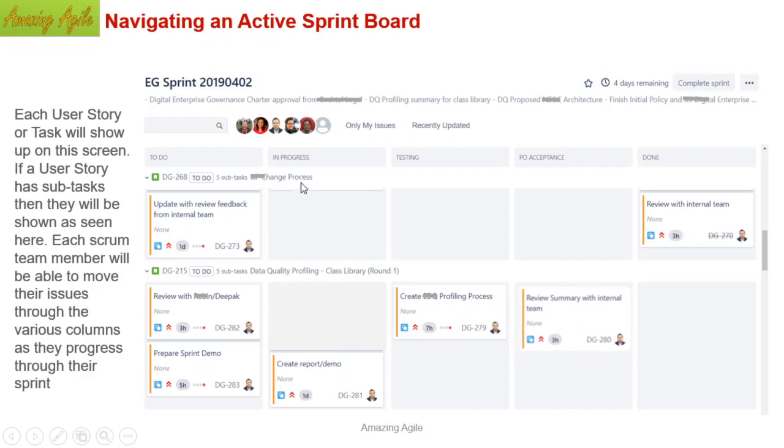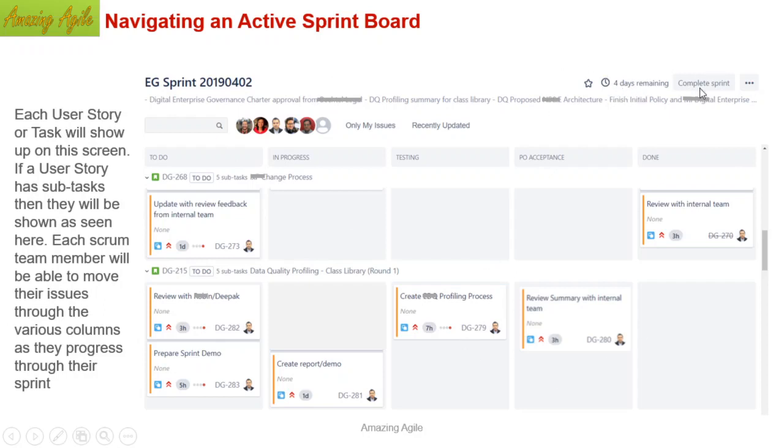So that means this story is now in progress, the development is done. I can move it for the pure acceptance. Ideally I could have kept it here for the testing, but just to show for the demo purpose, I am moving it. Let's see what else is on the screen. This is the name of the project. This portion is the sprint goal. It will be visible. Number of days remaining is 4. So I am showing you the current sprint where 4 days are remaining.